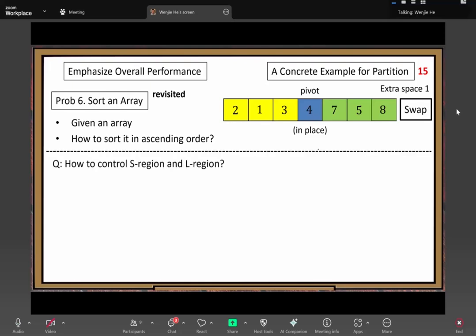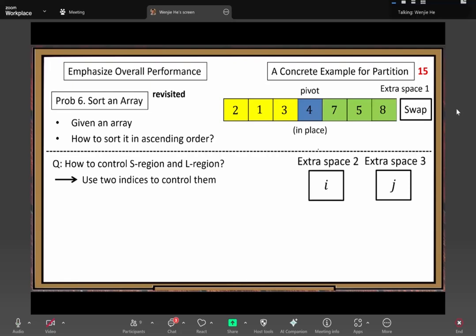We use two indices, I and J, to control S region and L region. I index, J index. For S region, we use the location in the original A array from index 0 through I. For L region, the location is from I plus 1 through J. Every time we grow S region, we increment I